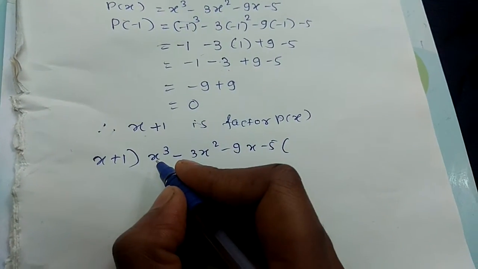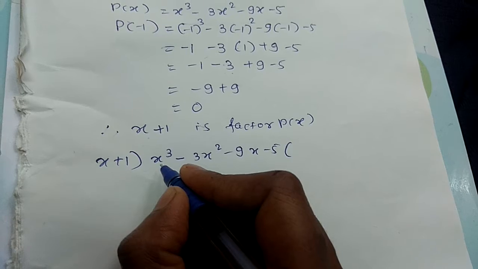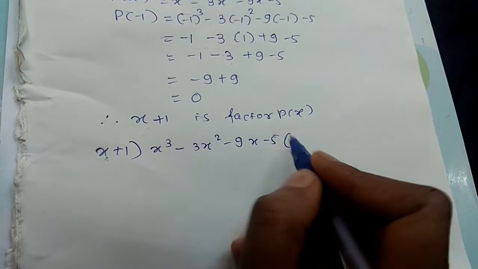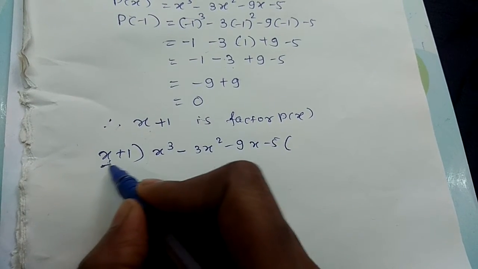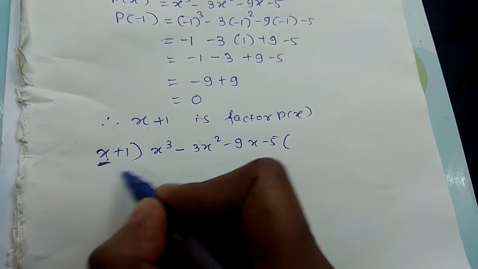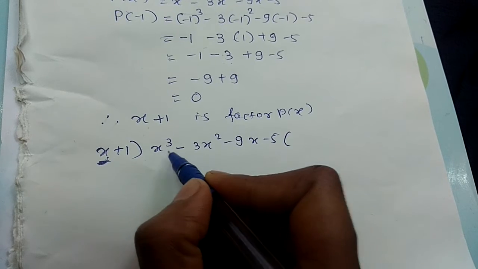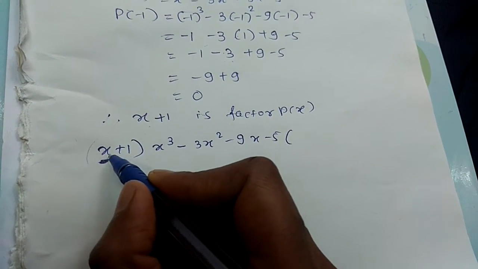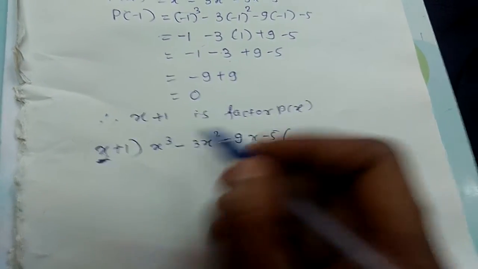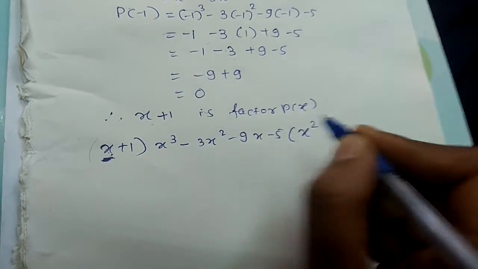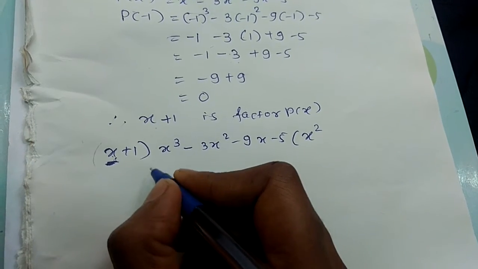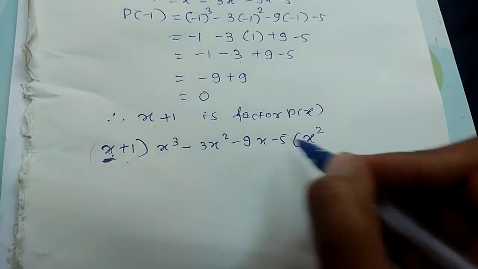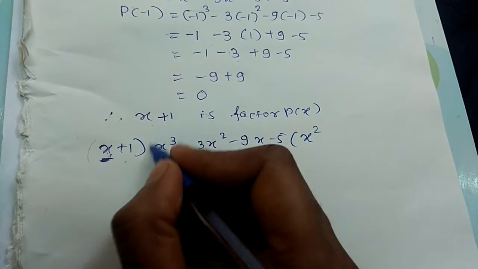As we know the division, we have to get x cube here by multiplying this divisor with a suitable quotient. So only think about this x, don't think about 1. From this x you have to get x cube by multiplying with a suitable term. So x into how much will be x cube? x into x square will give you x cube, and the sign is plus, so don't think about the sign, and the remaining things just multiply and write as it is. We should eliminate only this first term.